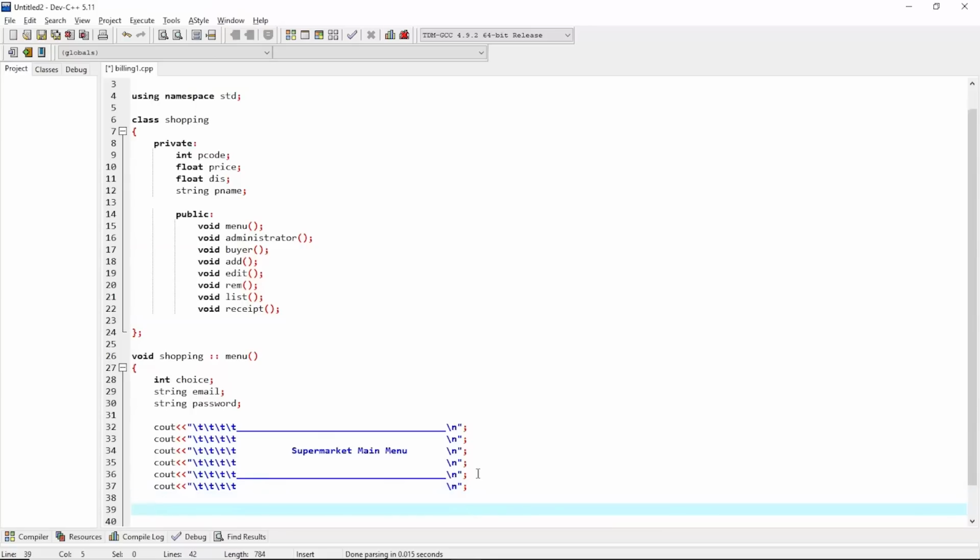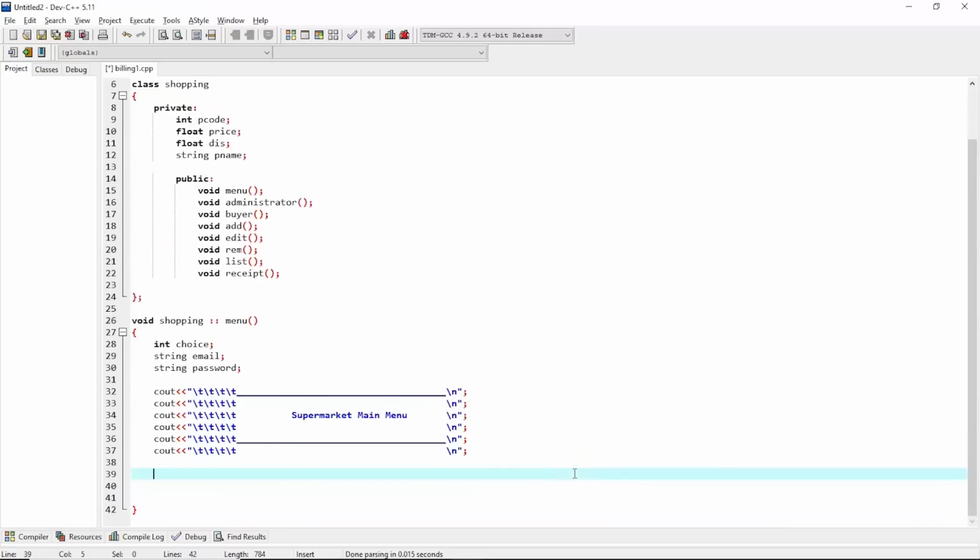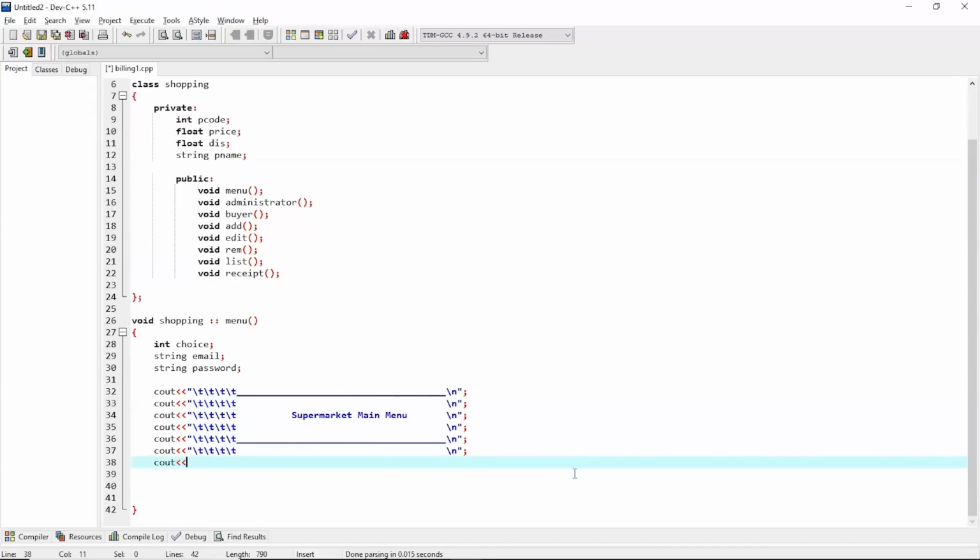Alright, now we'll create a menu in which the customer has to select whether he is an administrator or a buyer. So let's do that, and for that we'll write cout, \t\t\t to add some horizontal space. And alright, now administrator,